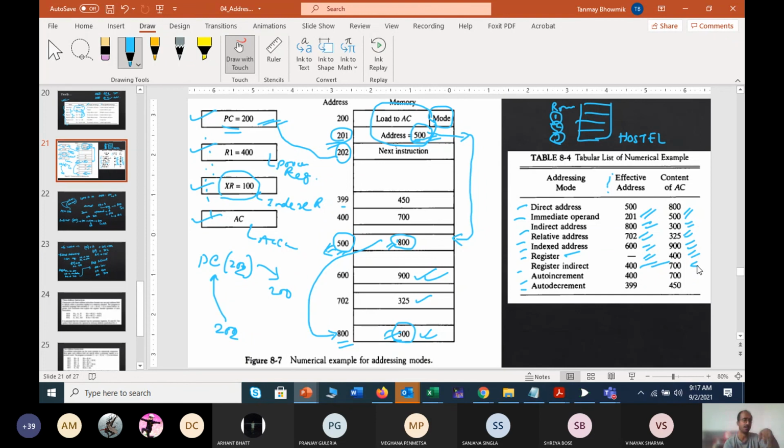From 400, if you operated, it will first go to the same location and then be incremented. If it is auto decrement, it will be decremented by 1. But that can be discussed later. First make sure that you have clearly understood from direct to register indirect.